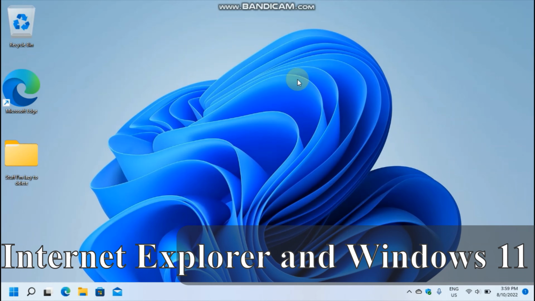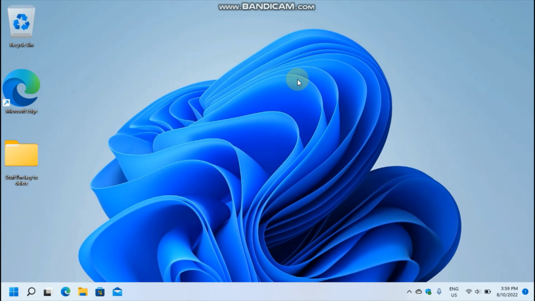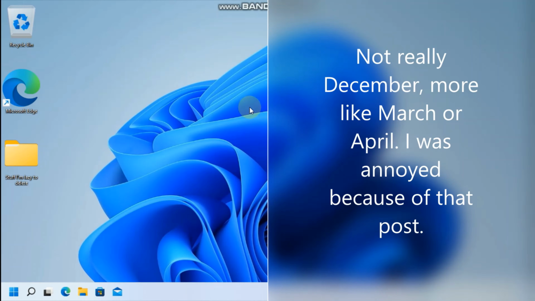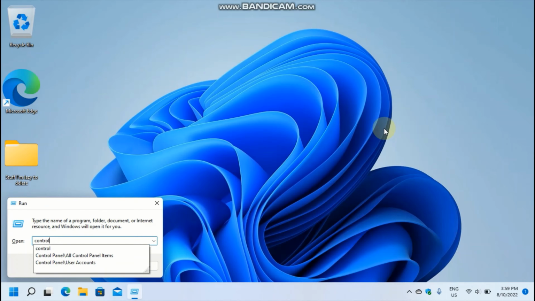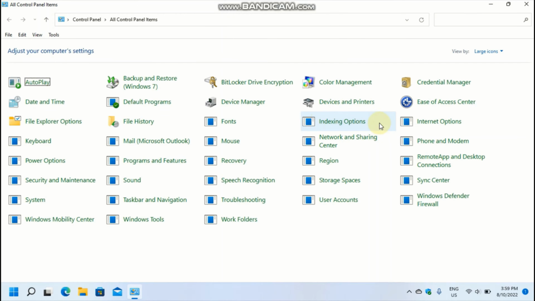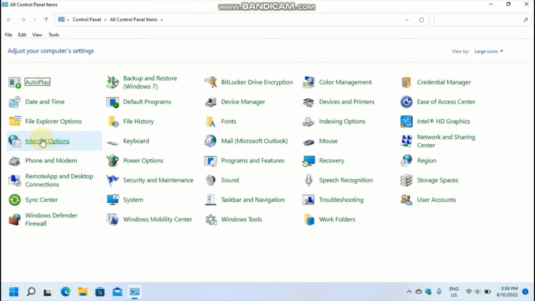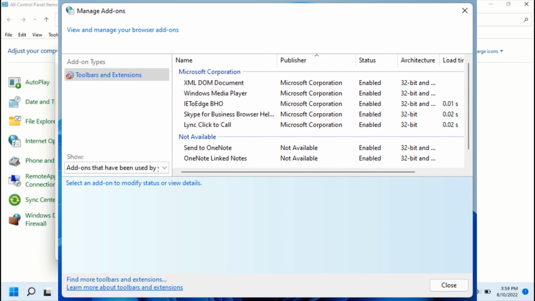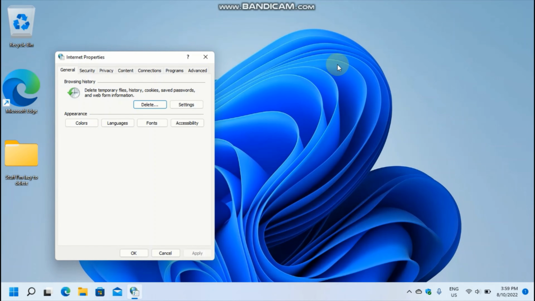So Twitter user I Don't Care has created a Twitter post in which he shows you the link "Learn more about toolbars and extensions" that I discovered way back in December about Internet Explorer. What he does is he opens Control Panel, navigates to Internet Options, and from here he finds the Manage Add-ons thing. Well, here's a much easier way to open Internet Explorer: by just clicking on the Help button up